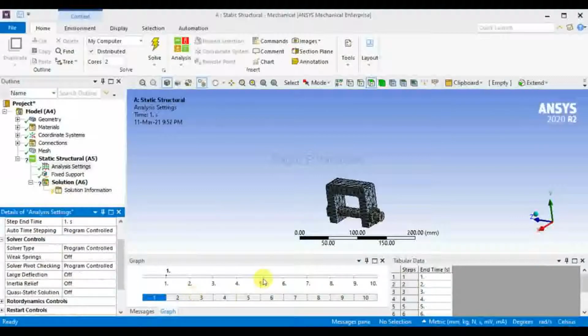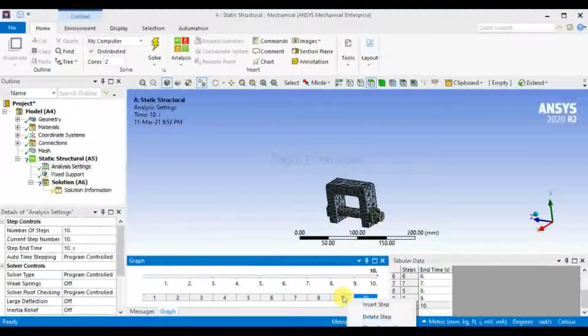So you can see in the graph the 10 steps shown, and at those steps what total deformation or variance will occur is to be shown. So within the 10 steps I am going to see what variations occurred after the bolt pretension at my object, at which faces.